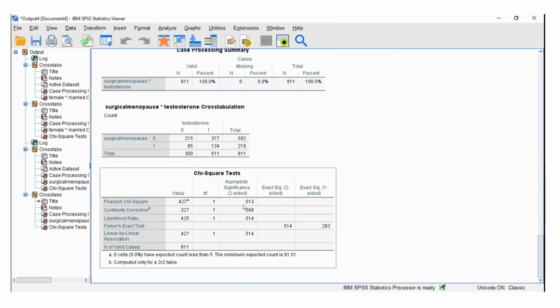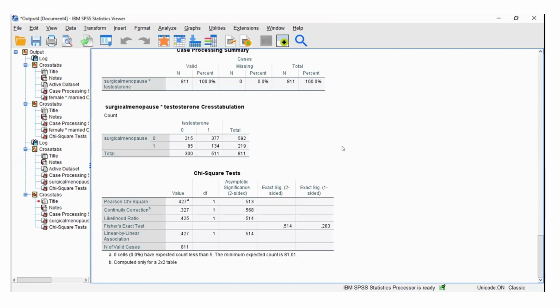Okay, the Pearson chi-square. I'm using this row now, and we have a p-value of 0.513. Yes. And so what does that mean? It's greater than 0.05, so that means we fail to accept. No, we fail to reject.